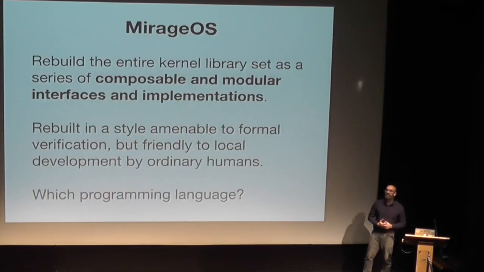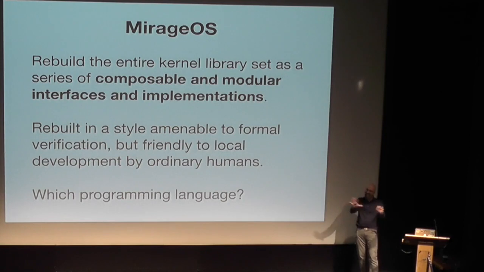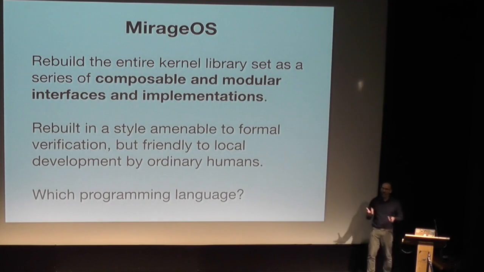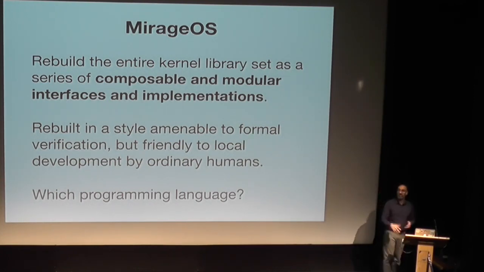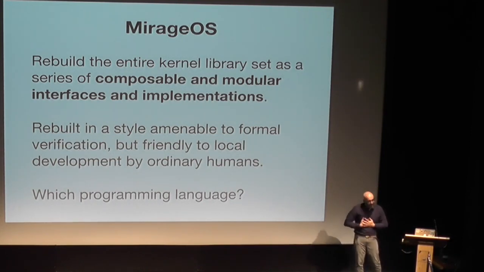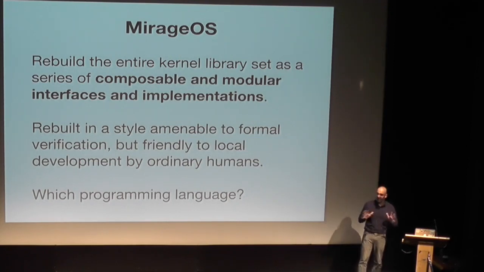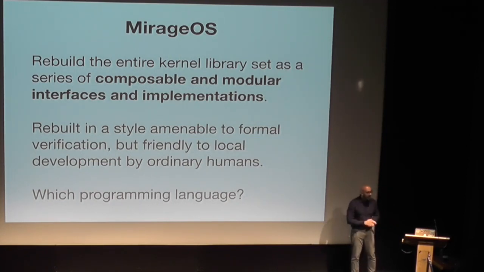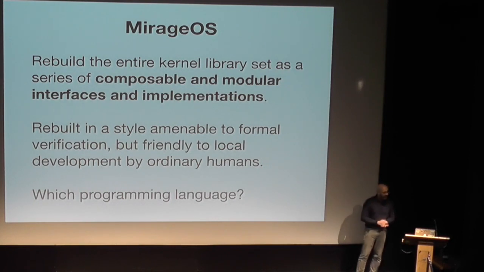And so this is what Mirage OS is. Mirage OS was continuing this whole idea of unikernels and libraries and linking into operating systems, but rewriting these very flat function calls into composable and modular interfaces and implementations. So this way, you can rebuild it in a style amenable to verification and reasoning because you want to write it in as mathematical a style as possible. It's not possible to write the whole thing so it's amenable to formal verification, not yet, but hopefully quite soon. But we can rewrite it in that style, so we're kind of heading in that direction. But also friendly to normal, ordinary mortals.